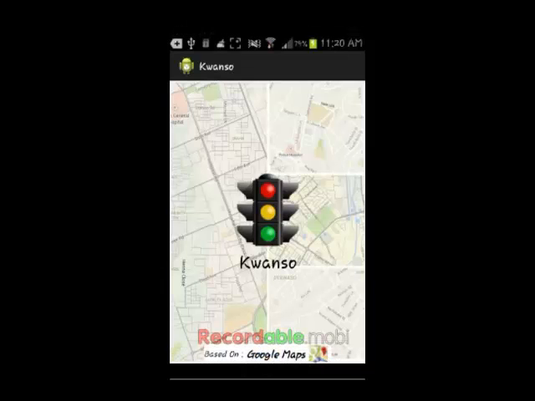KWANSO is a transport telematic mobile application developed to combat the undeniably terrible traffic congestion on the streets of Accra. The application allows a user to request the least congested traffic route from a departure point to a destination point. For each user request, the application connects to a background Oracle database and an enterprise Java service, which dynamically